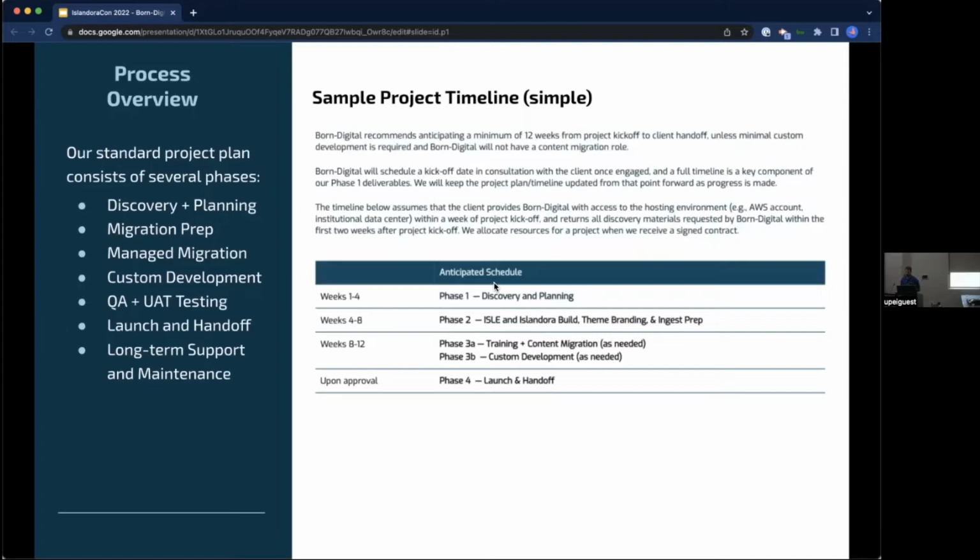Most of our projects follow the same project structure to start. We spend about a month for a relatively straightforward project, or maybe up to 2 or 3 months for a really complex project, working through the intricacies of your source content and preparing to do the modeling and mapping that's required to move your content from wherever it is, could be bpress or it could be Islandora 7, into Islandora 2.0. Then we take typically about a month to clean up the sheets and get the server set up